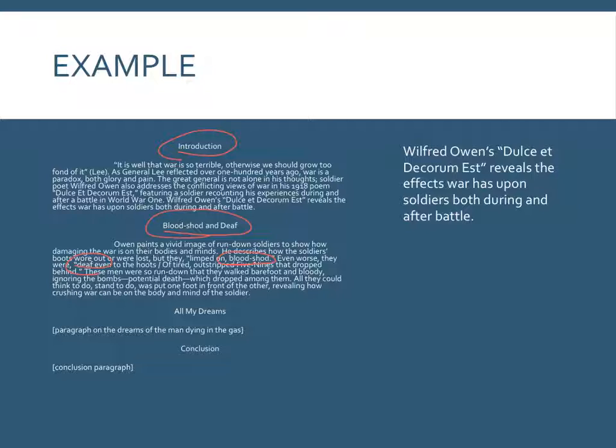Let's pretend that I went on and wrote another body paragraph. The next section of the poem talks about Owen recalling a man dying because of gas, and he talks about it in his dreams. He didn't respond to it at the time, but he says in all of his dreams, and the exact quote is, all my dreams, he sees him over and over dying of the gas. So I pulled that quote with the understanding that I'd probably use that within the body paragraph. Then, if I didn't have any further body paragraphs to use, I'd give my conclusion and then my concluding paragraph. So that's headings in a nutshell, tagged onto the other elements of organization. Really key target here, so make sure that you spend some good time with this one.